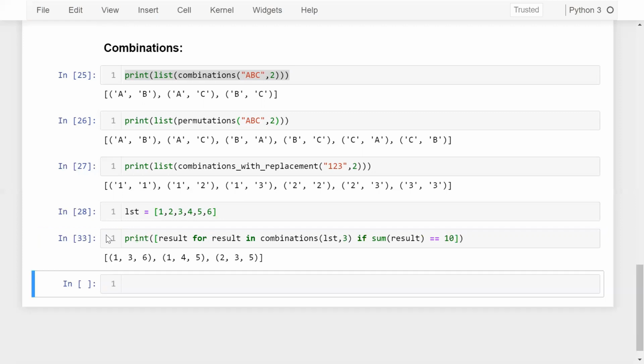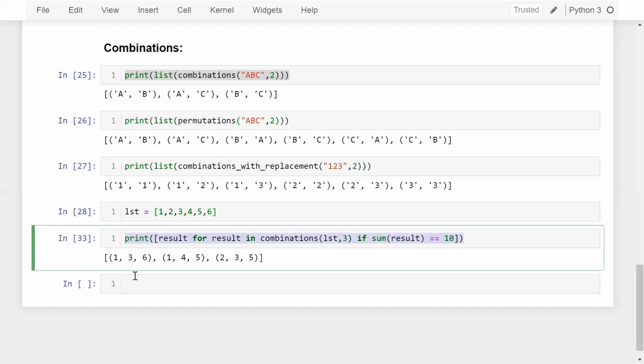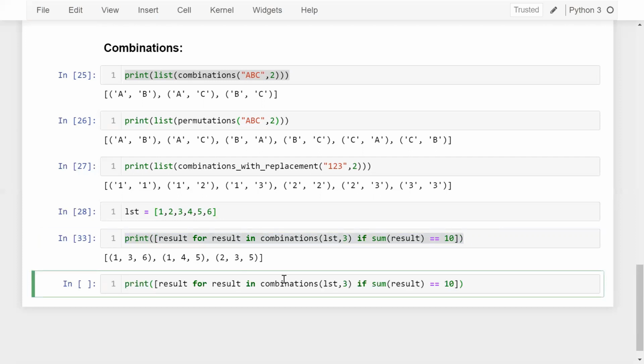Now you can see we have 3 combinations, which are 136, 145, and 235. But if I want the same answer in the form of permutation, then we can have 136, 631, 316, 145, 415, 541. All possible arrangements.